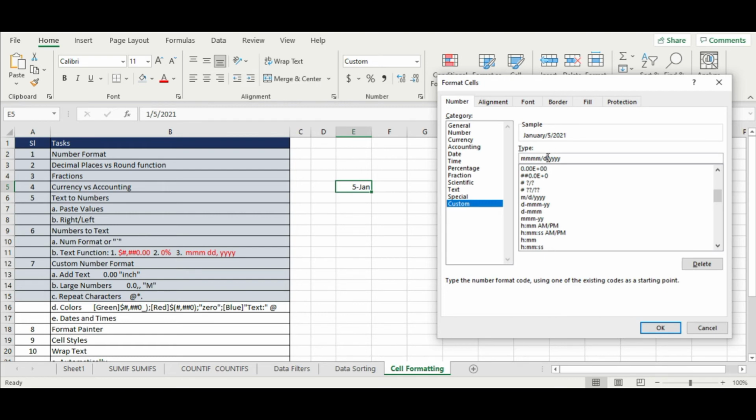Day, if I mention 2 d's, dd becomes 05. One more d becomes Tuesday. Well, you know it's Tuesday, but you don't know which date it is. So let me format this a little based on what we have here. I'll put DDD, Tuesday, comma, DD 5th, space, January would be MMMM, 5th January, space, year,